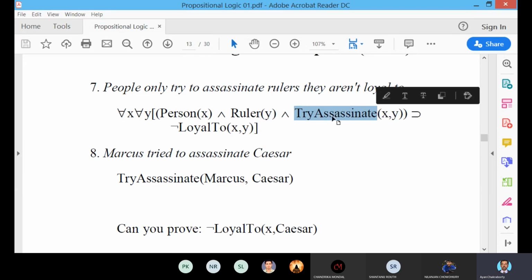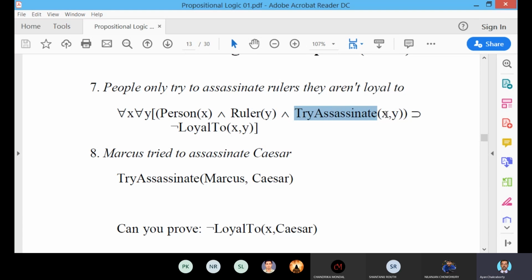It should be Try To Assassinate, it's a little bit faulty. T is in caps, Try to is also in caps, To will also be in caps, and A is in uppercase. So Try To Assassinate X, Y.